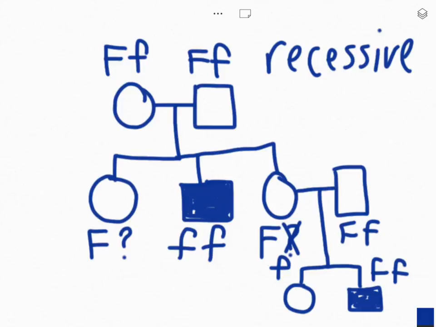So now if we want to fill in the carriers, we can fill in the squares halfway. So we know that now the grandparents are carriers, and we know that both of these parents are carriers for the trait as well. Now, the daughter from the first parents and the daughter from the second parents, we're not sure if they're